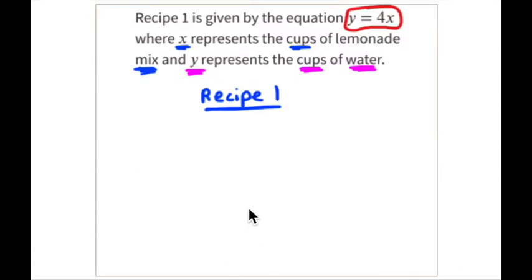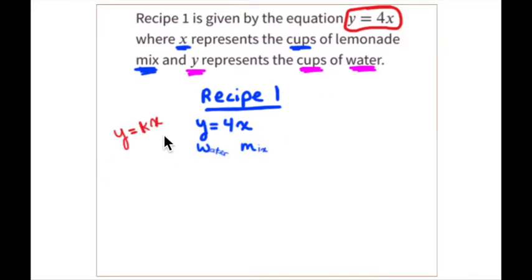But first of all, let's look at recipe number 1. Let's look at the equation, y equals 4x. Well, what does that mean in the context of lemonade mix and cups of water? So go back to what you know, that y equals kx, and k is the constant of proportionality. And they're telling you